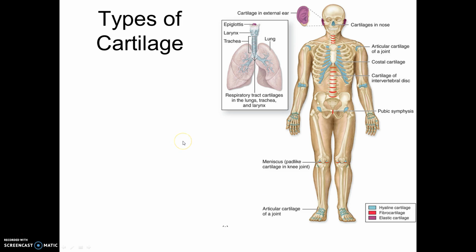There are three different types of cartilage, starting with hyaline cartilage. Everywhere over here in the skeleton diagram that's blue shows us hyaline cartilage locations. So hyaline cartilage is the most common type of cartilage. It supports soft tissues such as in the nose, also in the trachea, which I don't think we have a good diagram of here, and larynx. It forms the tracheal rings,